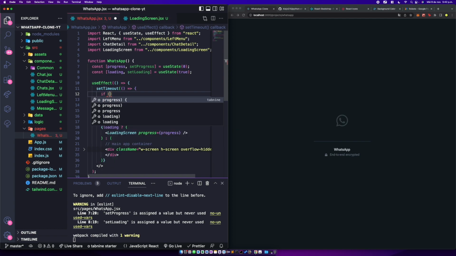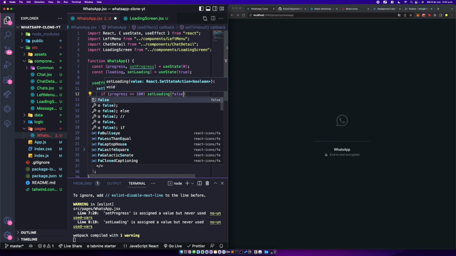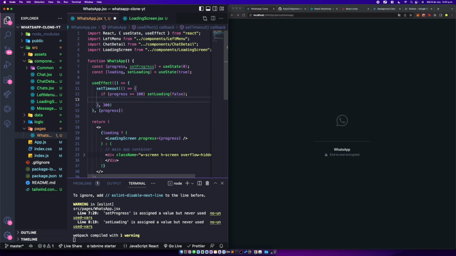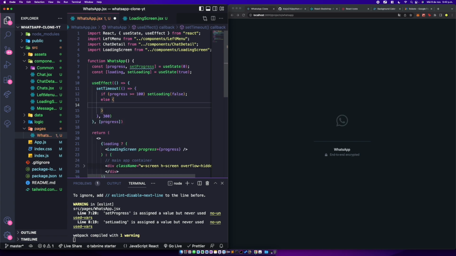First, we're gonna check if the progress is greater or equal than 100 in order to set loading to false, because that means we already loaded. Else, so if we are below 100,